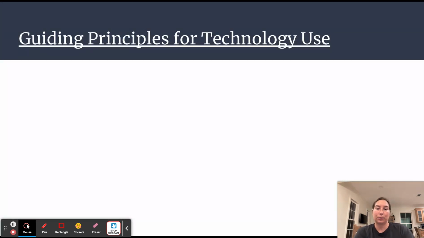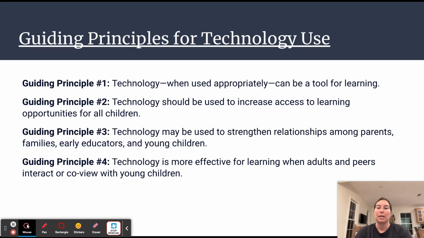So, some guiding principles for technology use that I like to use in the classroom. Guiding principle number one, technology, when used appropriately, can be a fantastic tool for learning. Number two, technology should be used to increase access to learning opportunities for all children or students.